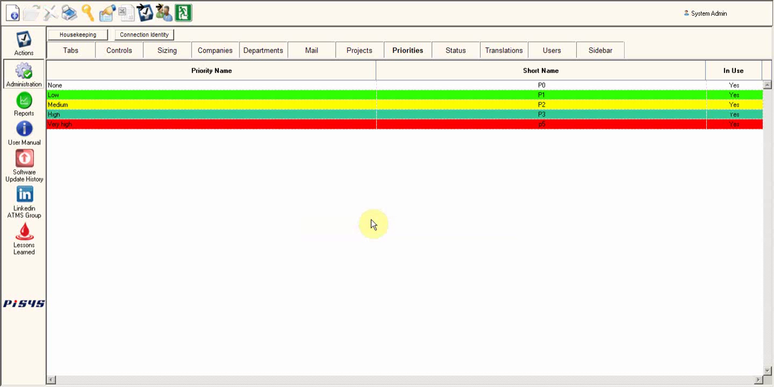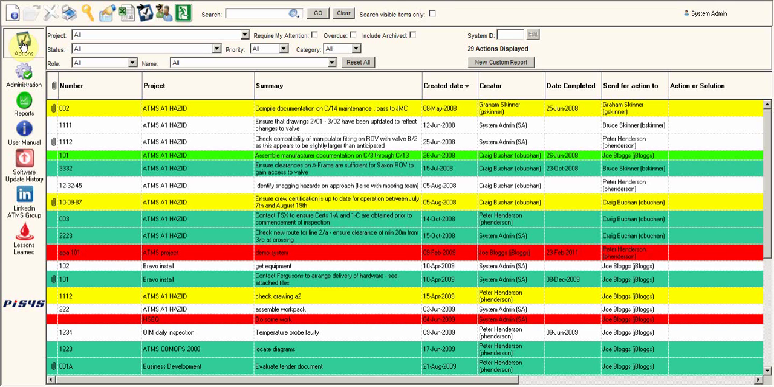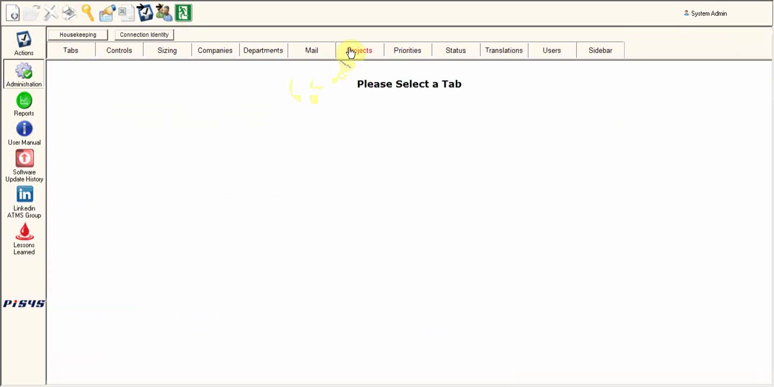I can change the colour codes as well. So I can change things and I can categorise things for my own purposes. And really ATMS is a very light tool. It's very, very quick to use. It doesn't require that much training. I talked before about how projects and sub-projects are set up, and